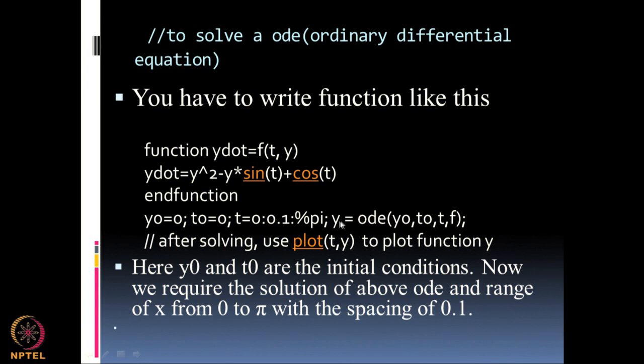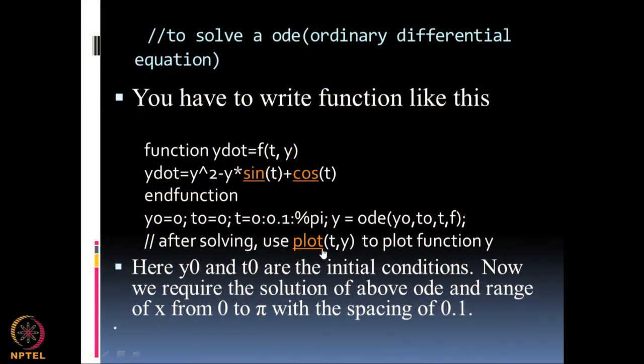So, y = ode(y0, t0, t, f), where f is the same function I defined earlier. You will see that this is almost like a subroutine. Remember in Fortran we used to call a subroutine. When I call a subroutine, it takes the values of whatever variables there are and gives me the solution to the main program. So, you assume that your Scilab is like a main program that is running, and all these functions and routines give you ways of calculating solutions to these equations. So, this is to solve an ordinary differential equation.